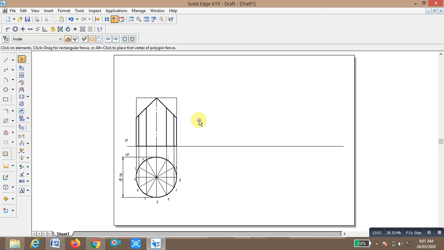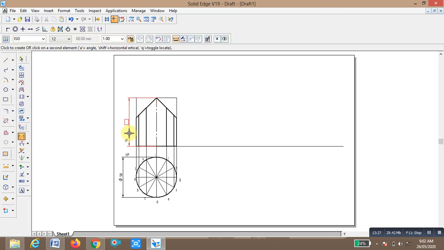Okay, now we name these points by text. You mention the height, which is the height of this cylinder. What is the height of this? You show it. So it is 60 mm. So now I want to zoom in on this top portion.